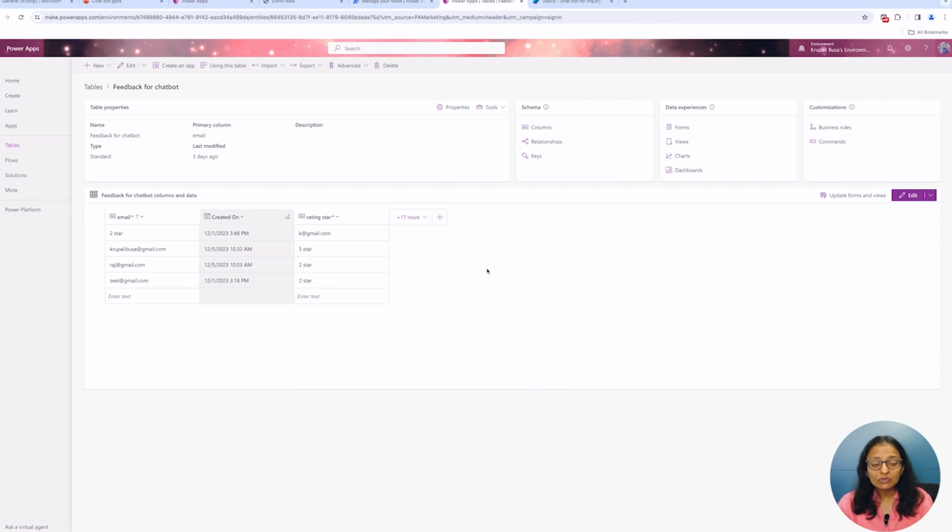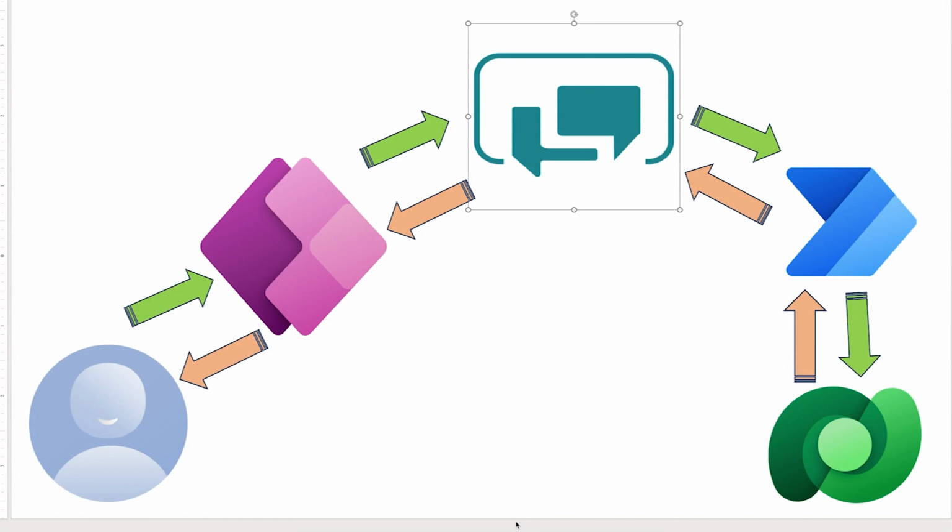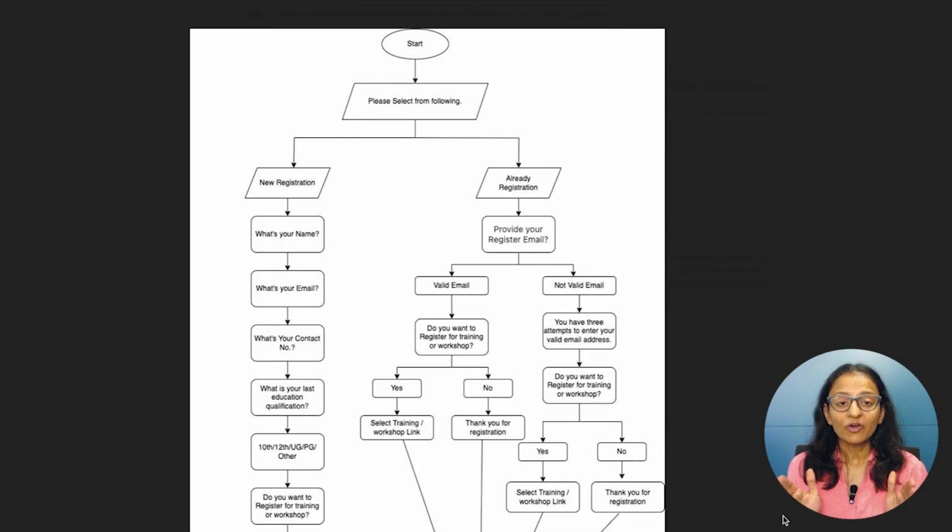Now, that is also a service of the Power Platform. So, this way you can make your chatbot. On your screen, you are able to see one picture, and this picture is a flow, or you can say a pictorial representation of how our flow is working. So pause this video for a while and try to understand. I am adding this picture in the description of the video, so you can download the picture from the description.